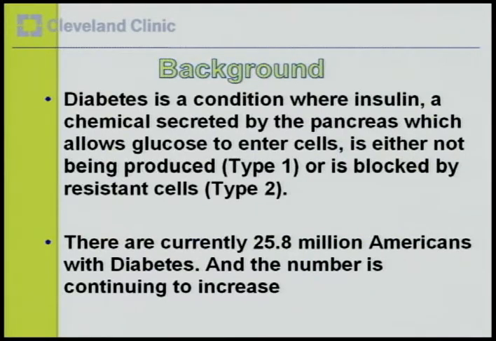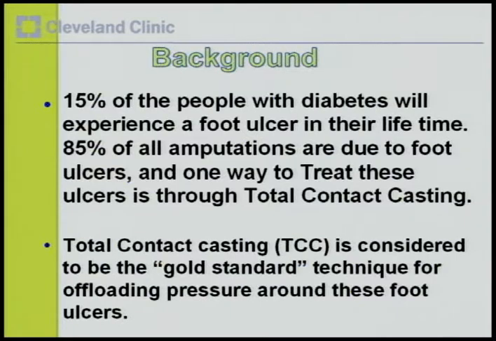Diabetes is a condition where insulin, a chemical secreted by the pancreas which allows glucose to enter the cells, is either not being produced, type 1, or is blocked by resistant cells, type 2. There are currently 25.8 million Americans with diabetes, and the number is continuing to increase. 15% of people with diabetes will experience a foot ulcer in their lifetime. 85% of all amputations are due to these foot ulcers, and one way to treat these foot ulcers is through